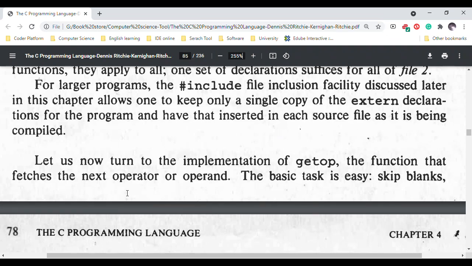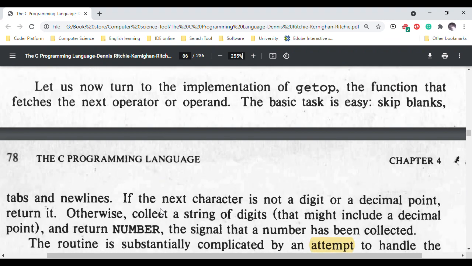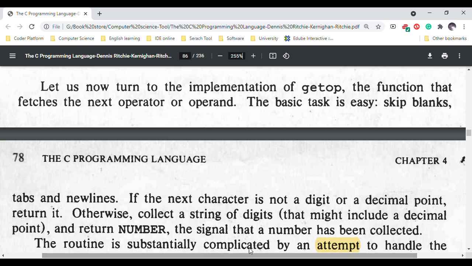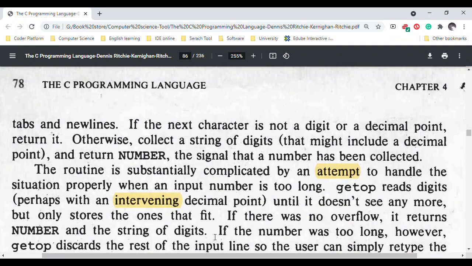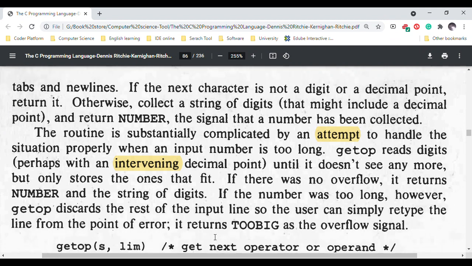Let us now turn to the implementation of getop, the function that fetches the next operator or operand. The basic task is easy. Skip blanks, tabs, and newlines. If the next character is not a digit or a decimal point, return it. Otherwise, collect a string of digits that may include a decimal point and return NUMBER, the signal that a number has been collected. The routine is substantially